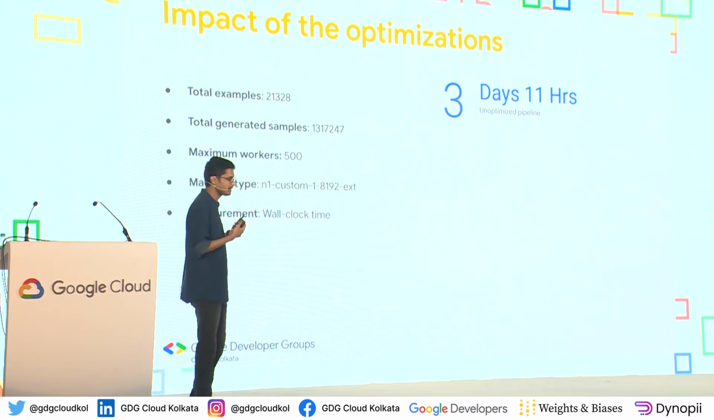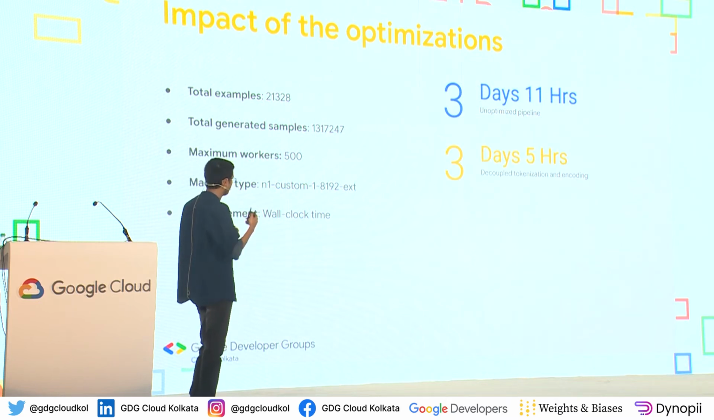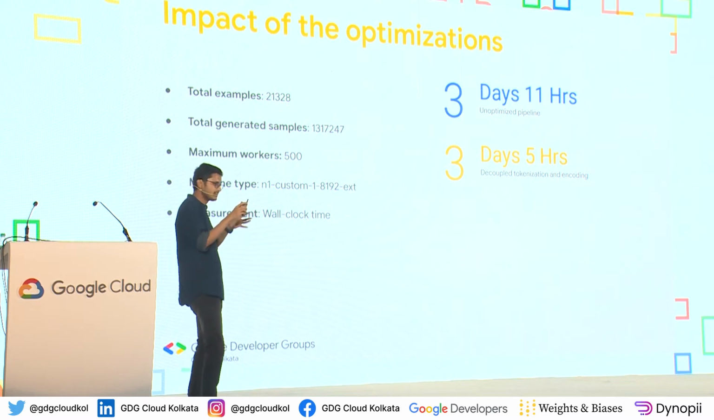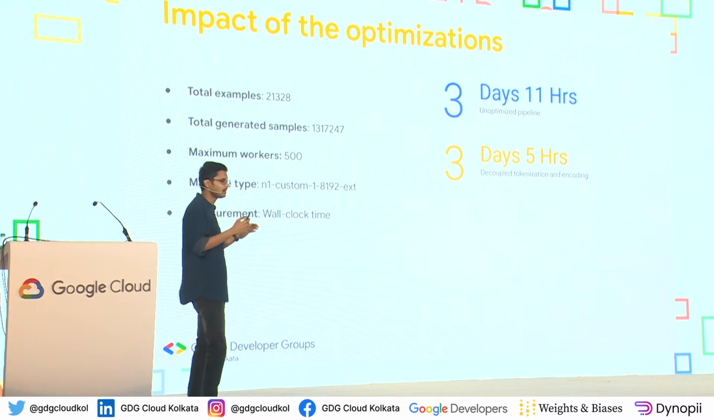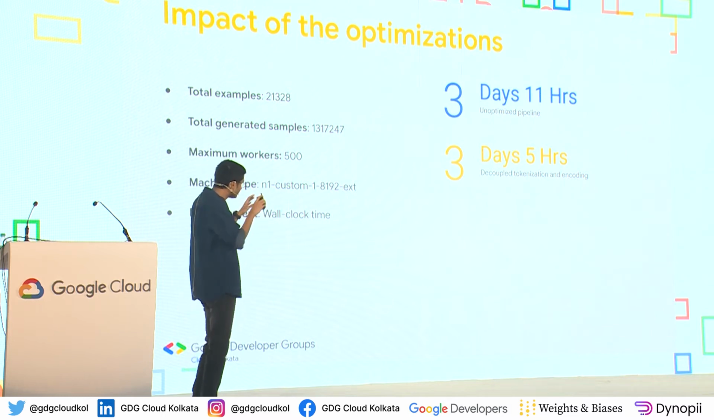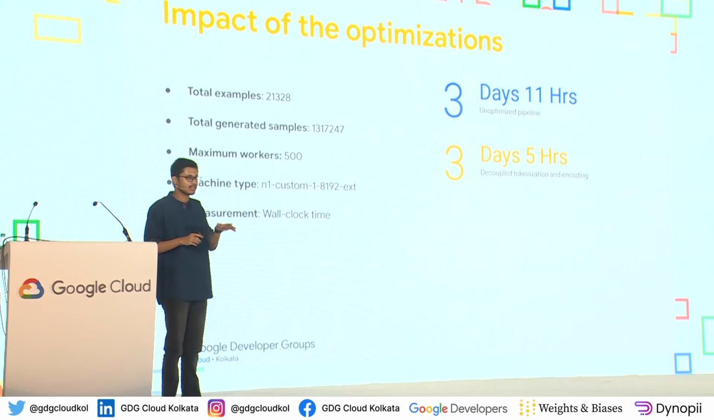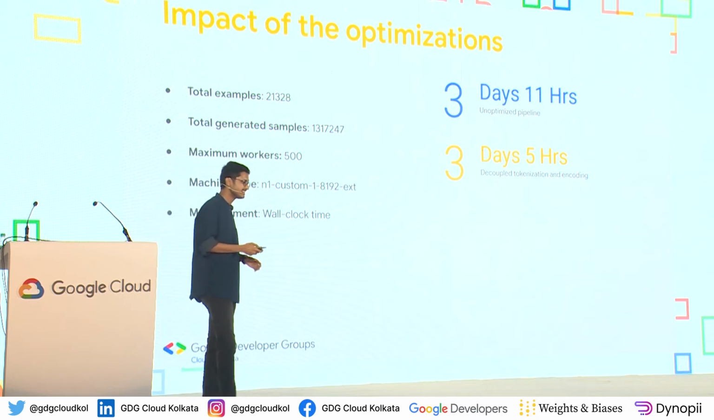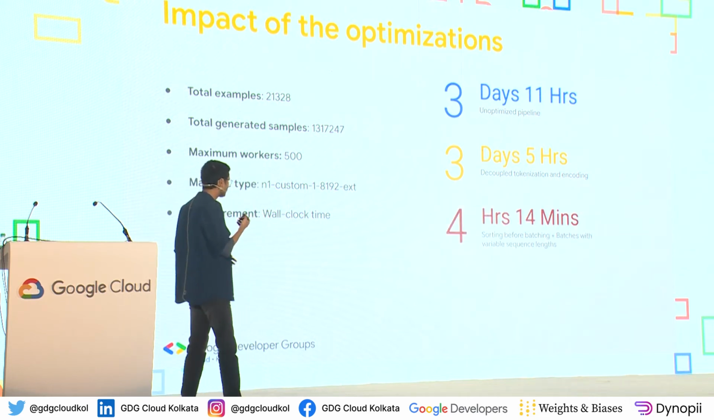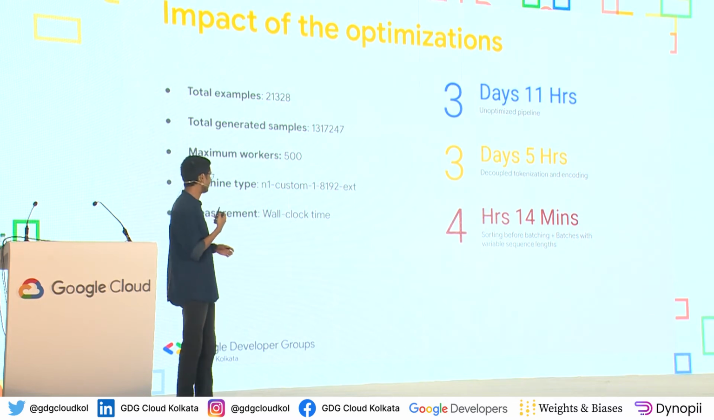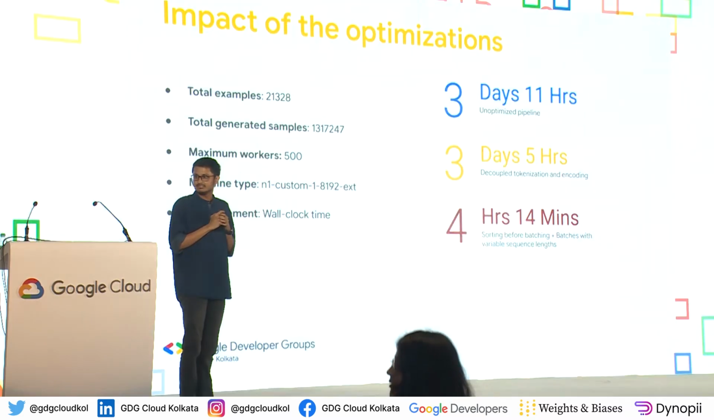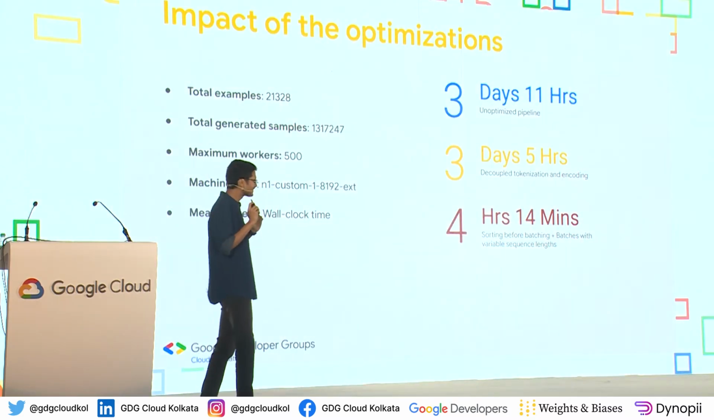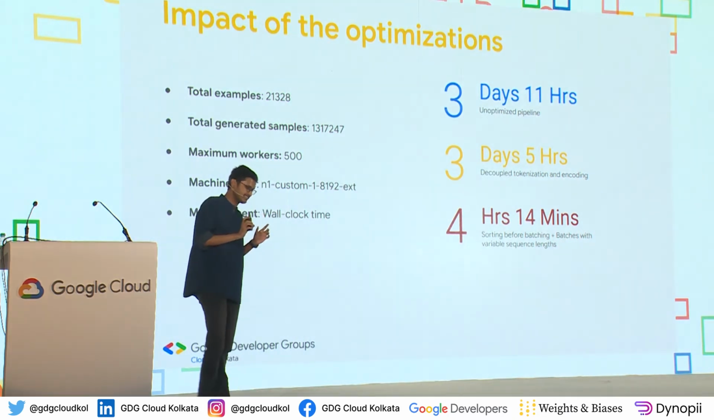With respect to the wall clock, we measured the efficiencies of the different experiments that we tried. For the unoptimized pipeline, the wall clock time was 3 days, 11 hours. When we decoupled the tokenization and the encoding step, like first performing tokenization and then computing embeddings, we were down to 3 days, 5 hours. Again, not much of an improvement. So after we started sorting the batch of sequences,